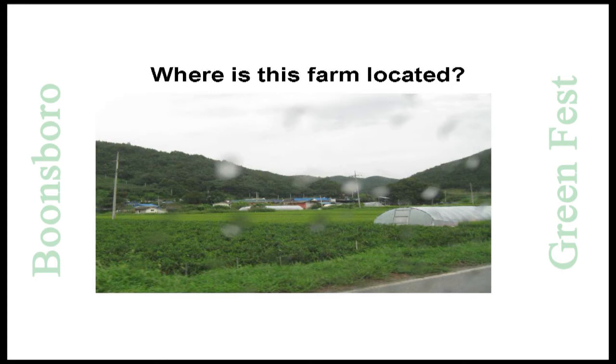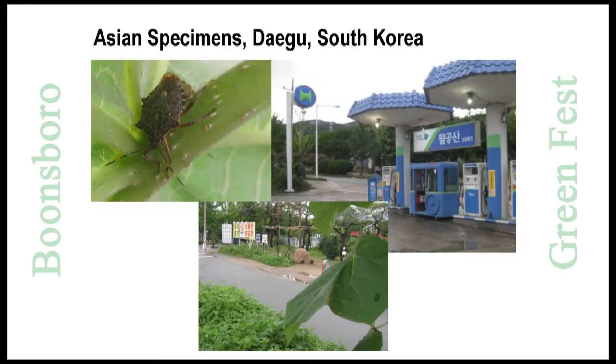So when I was traveling through this part of South Korea, guess where the first place I found stink bugs for real was? A gas station. Yeah. So here we are at a gas station. We found them around the lights, and there was a nice Paulownia tree, the empress tree, growing there, and all over that tree were brown marmorated stink bugs. So those were my first finds in South